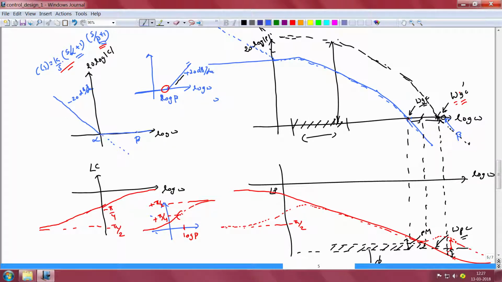So the magnitude characteristic will have an uptick, it will increase at plus 20 decibels per decade starting from omega equal to beta. How about the phase characteristic of this overall controller? We see that in the vicinity of omega equal to beta, the controller adds a further phase lead of plus 45 degrees. So the overall phase will go like this and eventually will approach plus pi by 2.